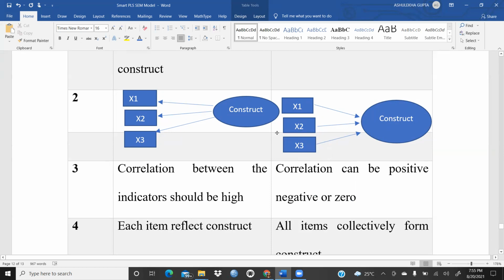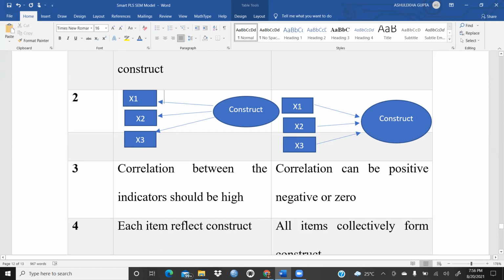But when there is a multicollinearity issue between these items, when any item is highly correlated, we should drop that item. That means, if there is a high correlation between x1 and x2, we are saying both parameters are almost the same.